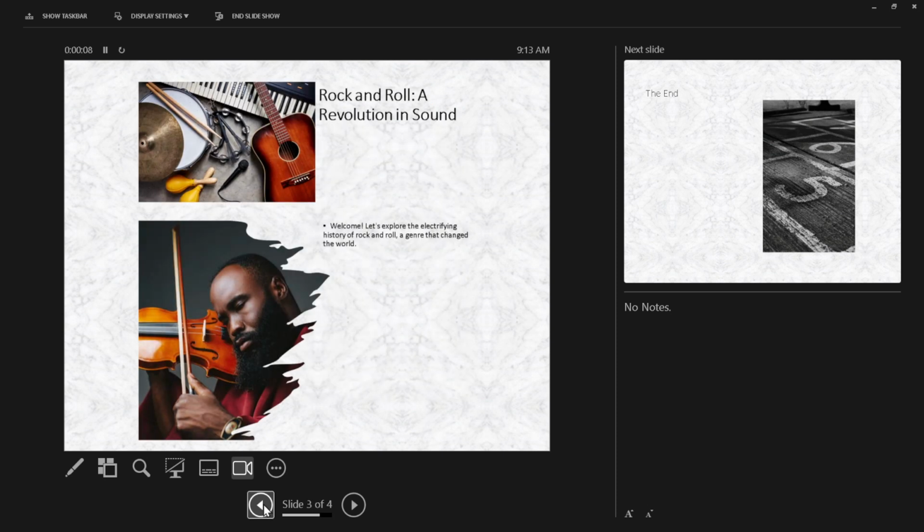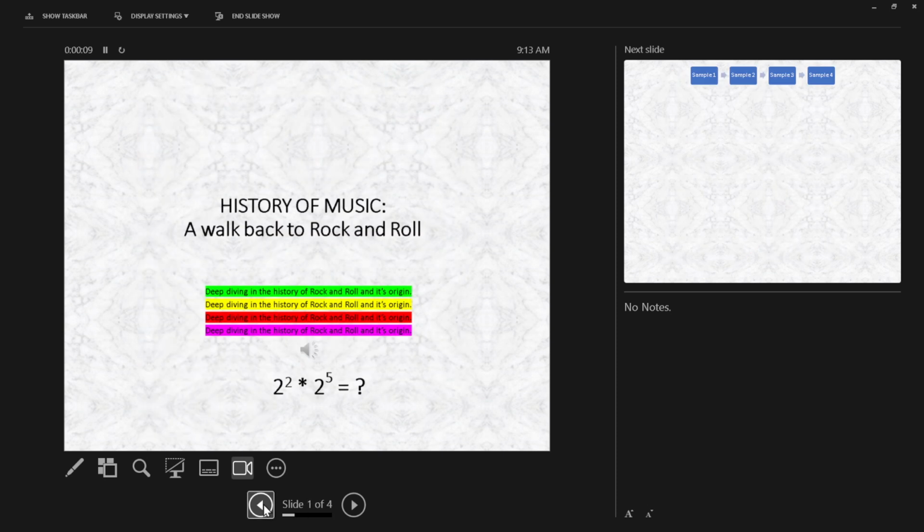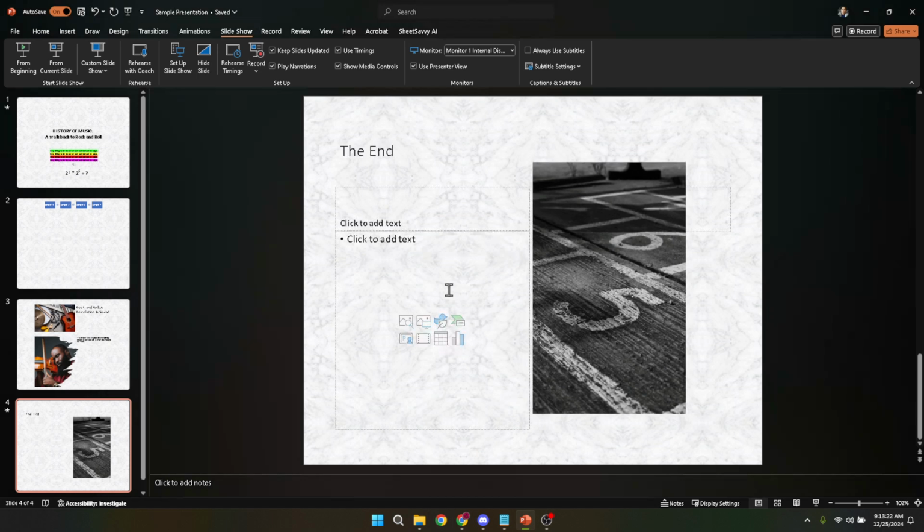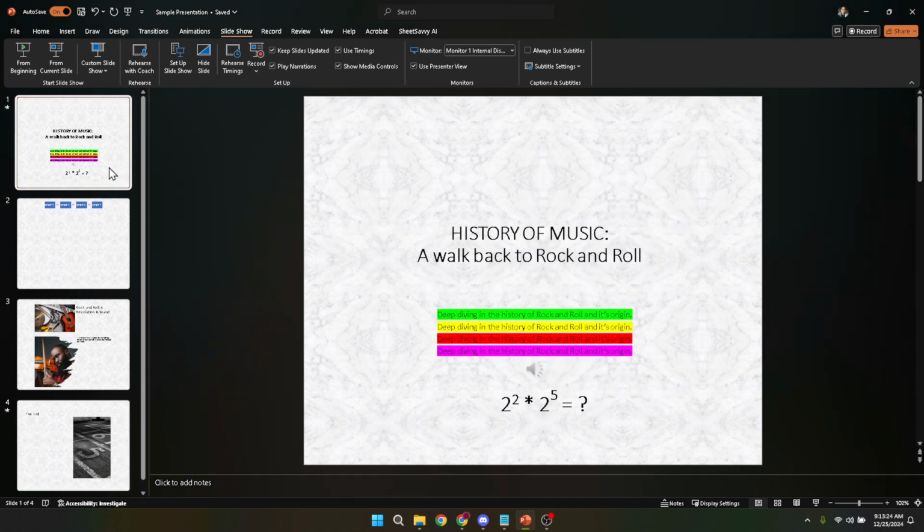Remember, becoming proficient in switching to and using the presentation mode in PowerPoint can significantly enhance your presenting experience. It allows you to manage your content seamlessly, engage with your slides interactively, and delivers a polished and professional look for your audience. The presenter view in particular is a handy feature that can keep you on track with speaker notes and upcoming slides, all while maintaining eye contact and engaging with your audience.